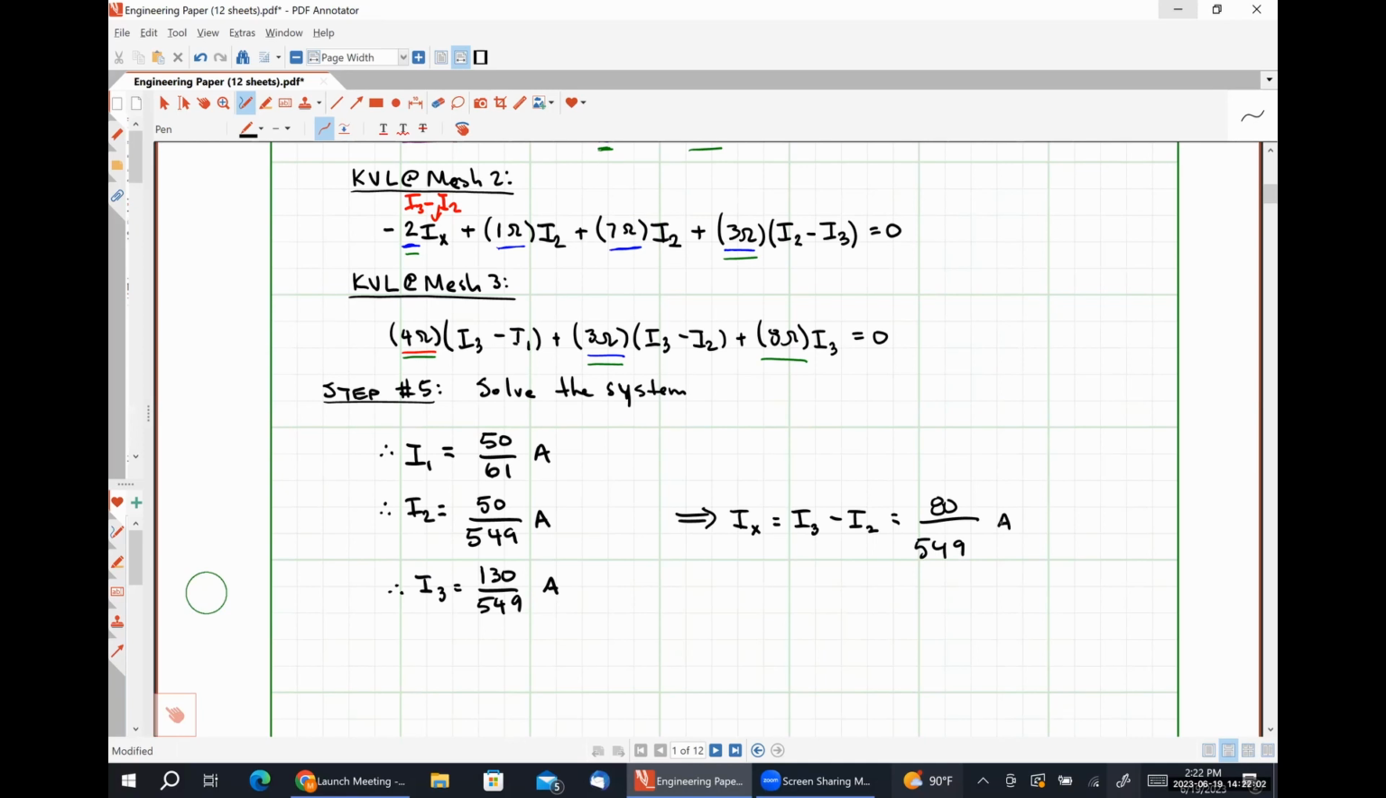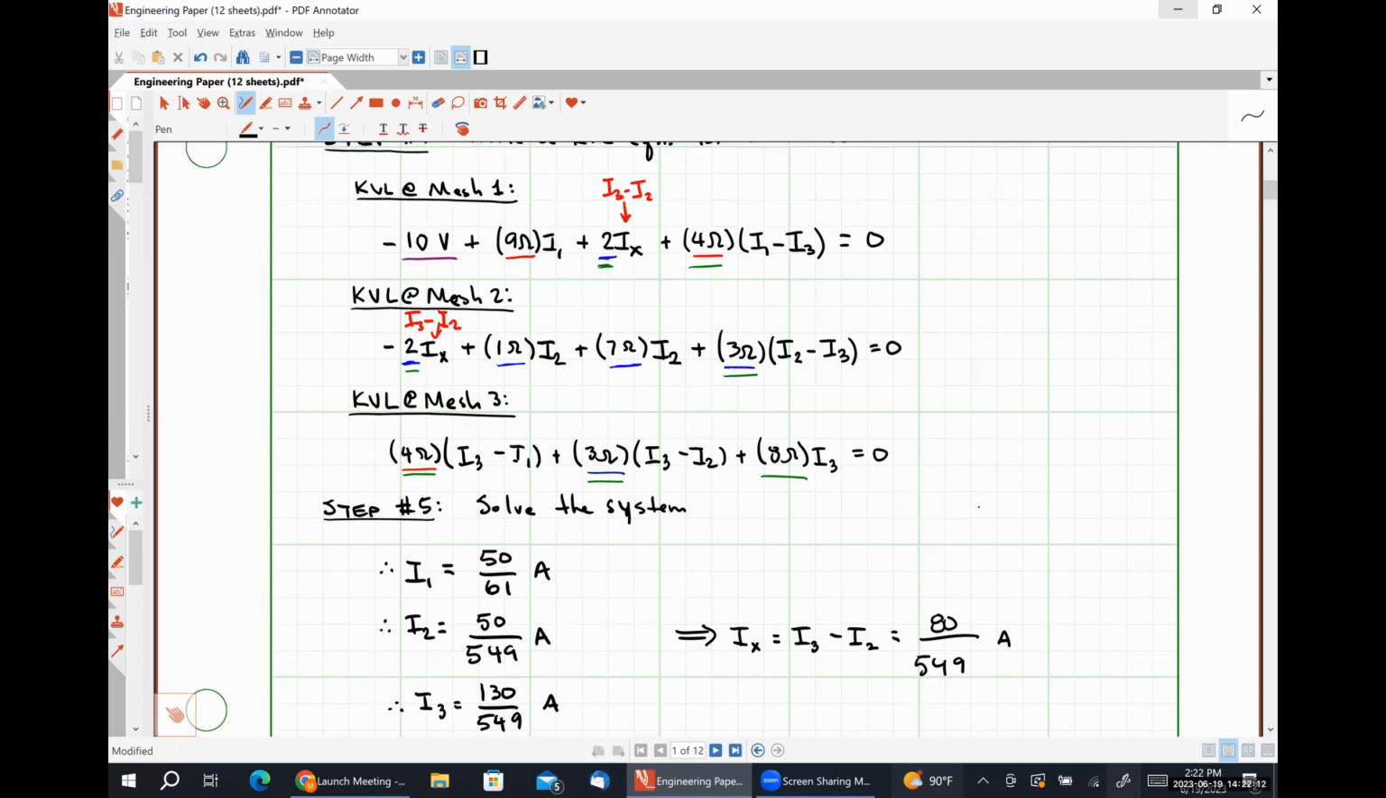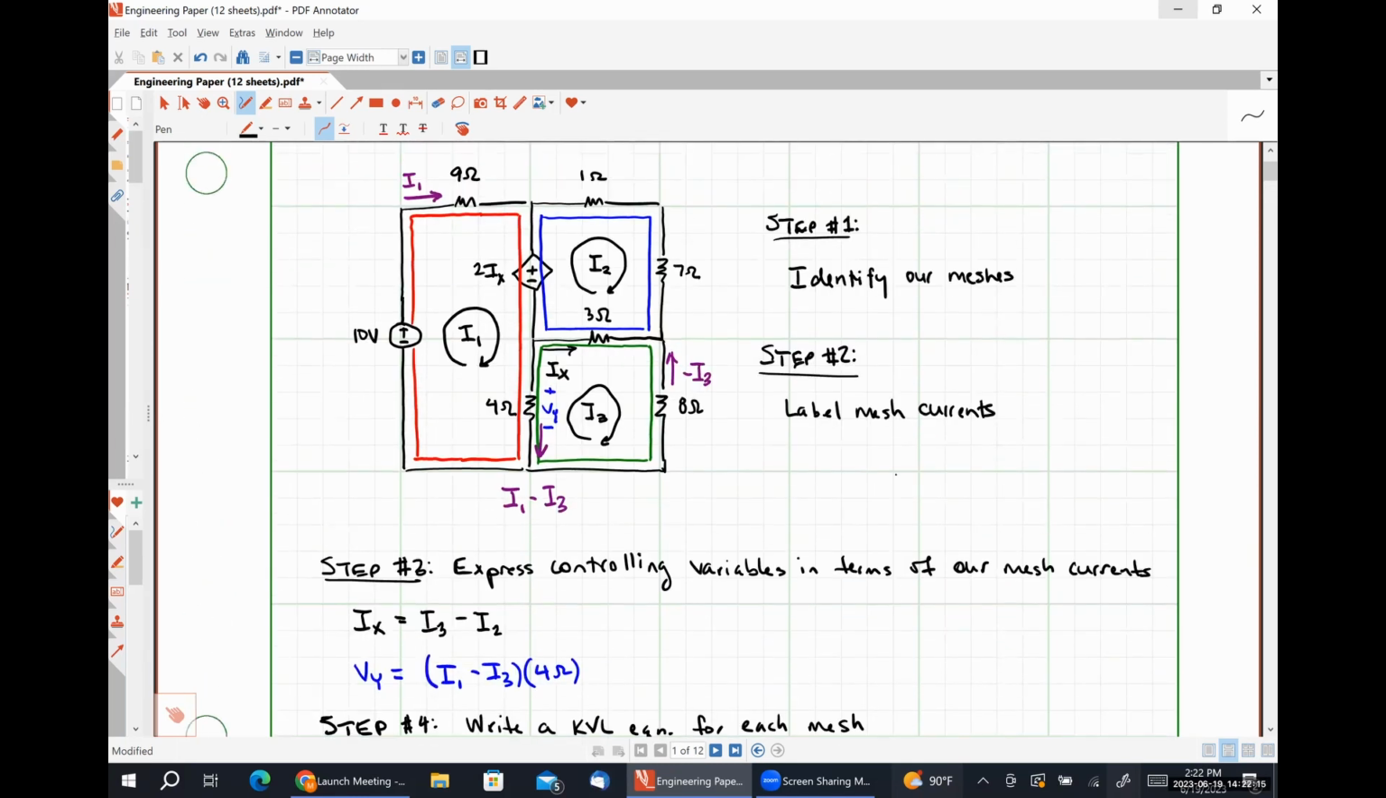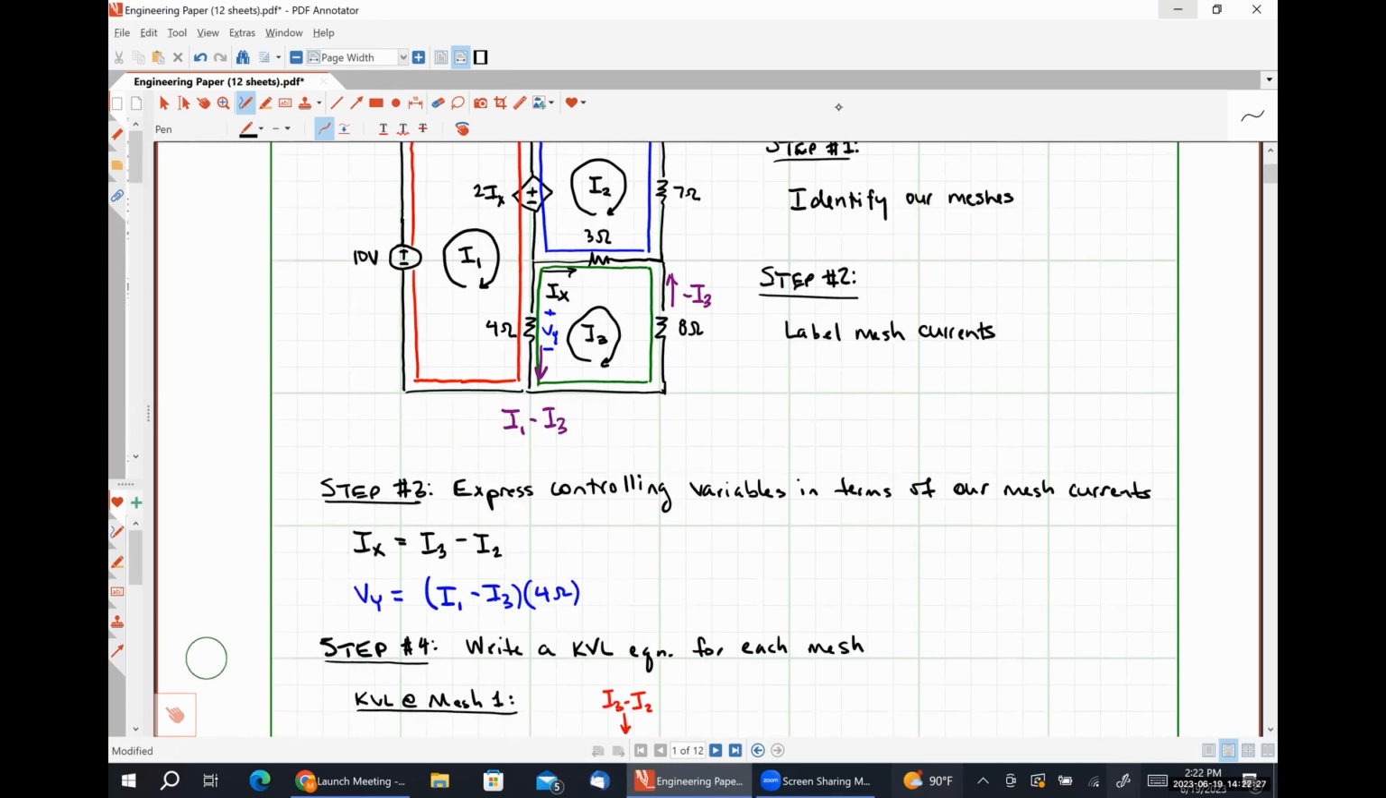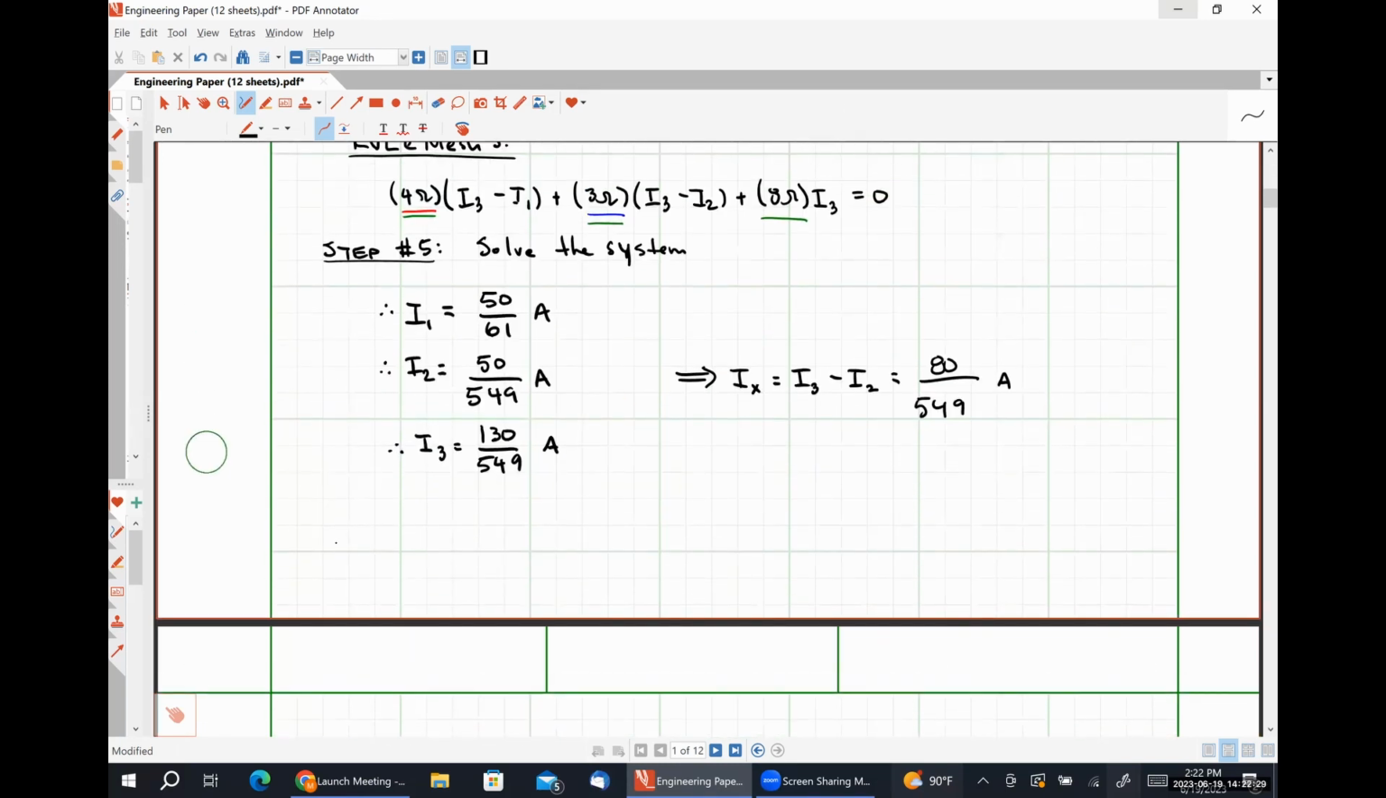Once we know all of our currents, we can use Ohm's law to determine all of our voltages. And then once we know currents and voltages, we can obviously determine any power that we might be interested in. So just for the sake of argument, let's find the power that is supplied by our dependent source, right? So the power supplied by our dependent source, P sub dependent, is going to be the voltage drop across our dependent source